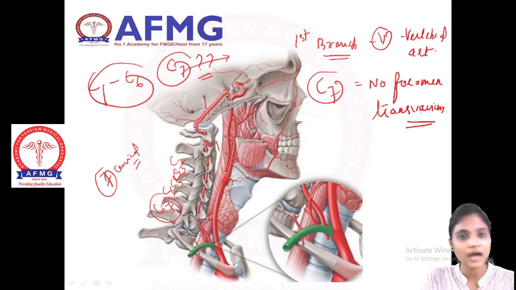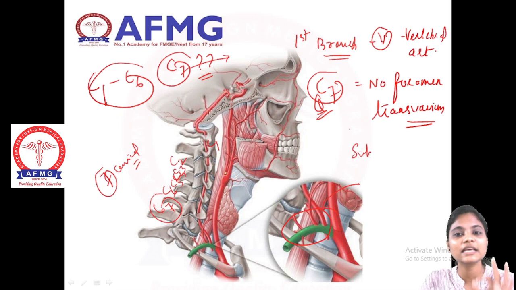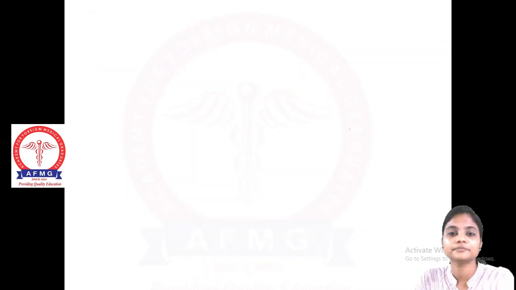That is why they cannot pass through C7. This question is already asked. This green one which is mentioned here is your subclavian artery, which is giving three branches, V, I and T, the first branch. Further the second and third, which is your C and D, that is costocervical trunk and dorsal scapular artery. Please be clear in these terms. So this is the question they're going to ask. Because of no transversarium in the C7, they cannot pass through in the vertebral artery.